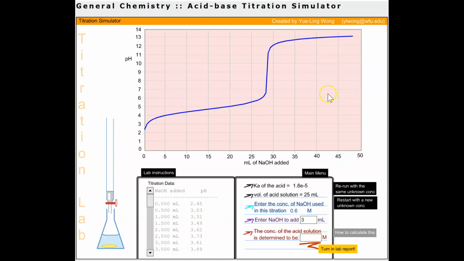Now that I have my curve, I need to analyze this curve. So my inflection point happens at a pH of around just over 9.2, and my volume is going to be somewhere around 28 milliliters. Now we can be a little bit more precise with our data down here, and so we're going to go down to around 28 milliliters,